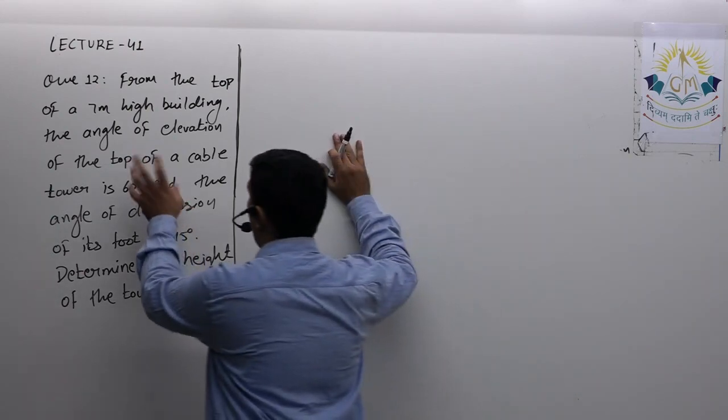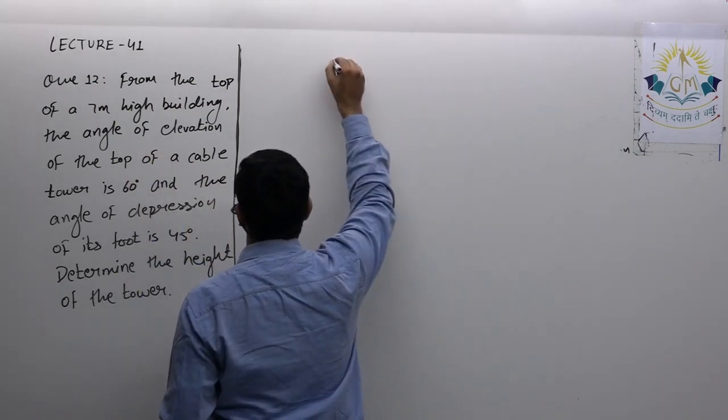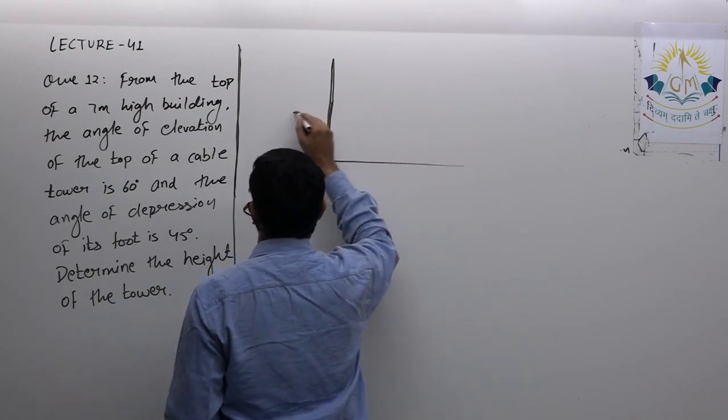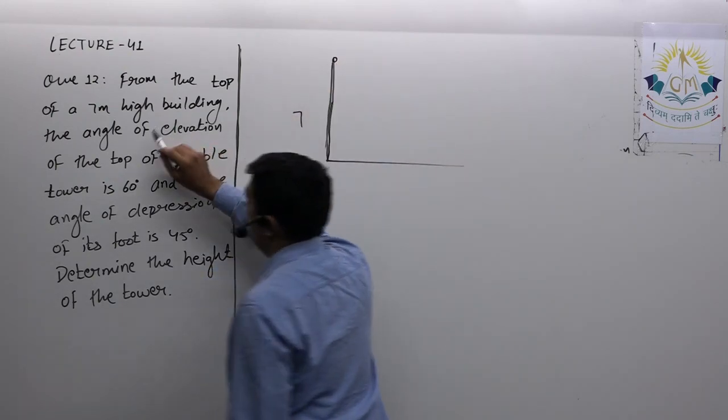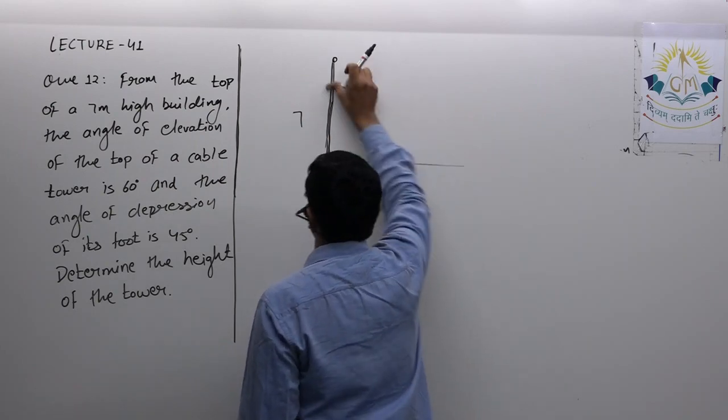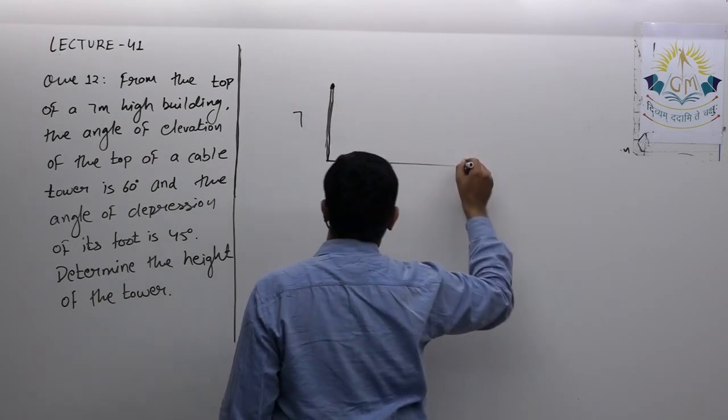From the top of a 7-meter high building, that means there is a building, its height is 7 meter. From its top, the angle of elevation of the top of the cable, that means but obvious cable is